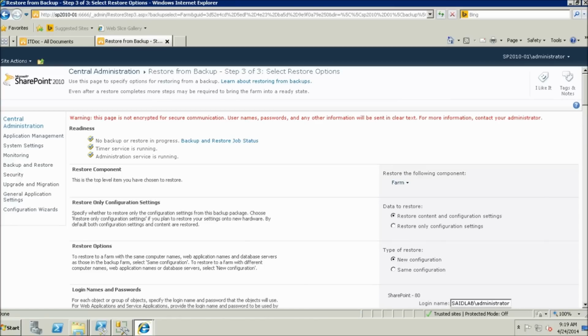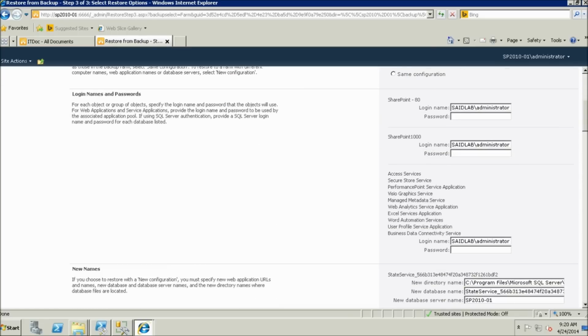On the latest page, restore from backup, step 3 of 3, select restore option, you can select the backup options. For example, you can choose only configuration or data and configuration, change the user account names used as service accounts here, yes,